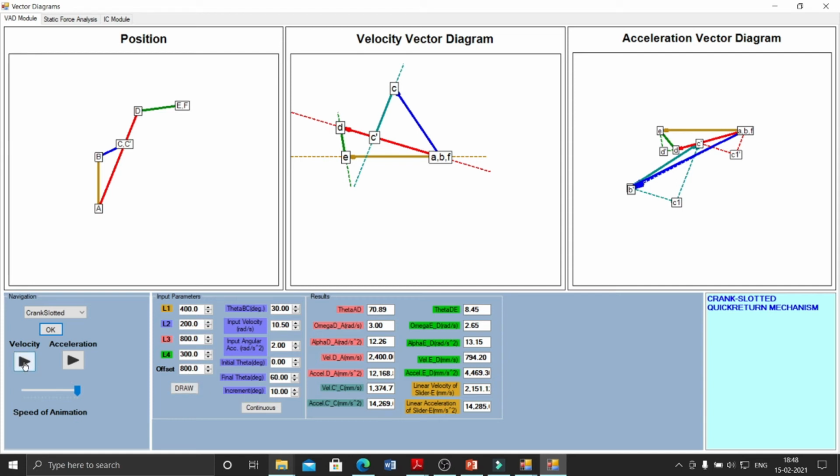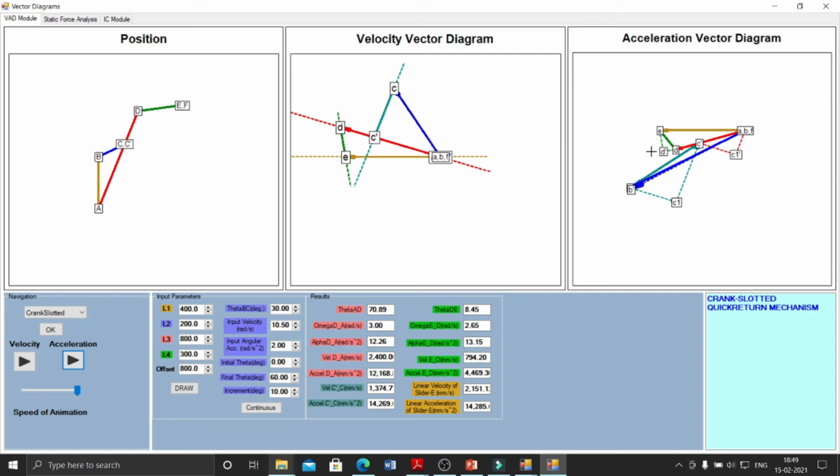Now I want to see its velocity diagram. Just click on the velocity diagram. Okay, in this way you can draw its velocity diagram.